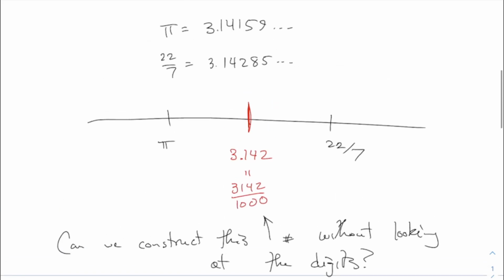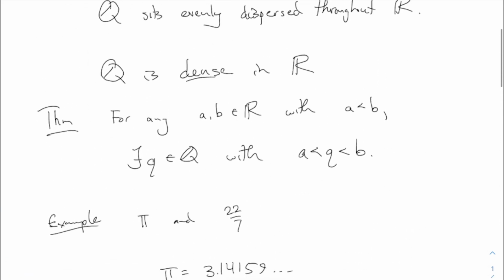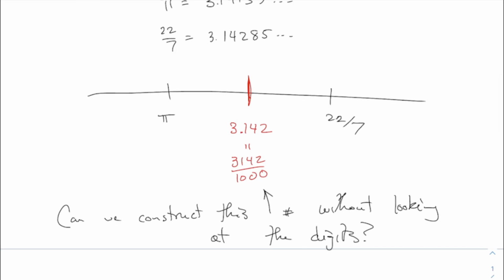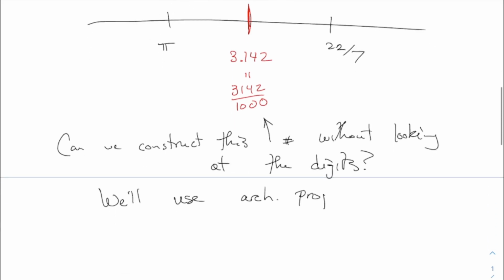Because that's what the density theorem, this right here, says. You have to be able to just pull this number out of nowhere, right? If you just have two real numbers, A and B, and I don't tell you what the decimal digits are, how are you going to make that happen? Well, it turns out we can use the Archimedean property, the small version, to invent that number. Just the way that I'm going to write the proof, it's convenient to use the small version, although there's probably a similar version of this proof which uses the big version of the Archimedean property.